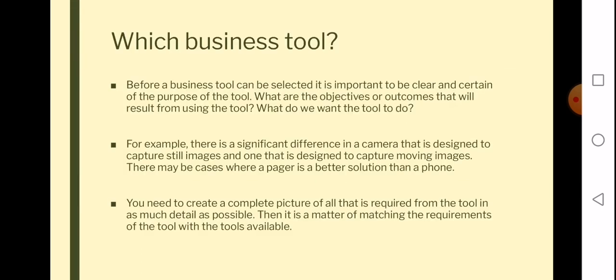Before a business tool can be selected, it is important to be clear and certain of the purpose of the tool. What are the objectives or outcomes that will result from using the tool? What do we want the tool to do? Also, what features or characteristics will be required? A laptop computer does not need a power supply, but most desktop computers do. For example,